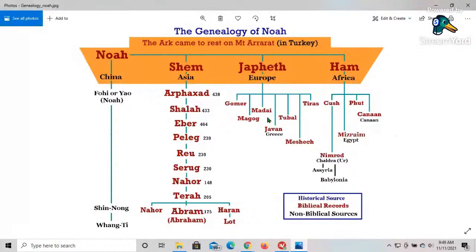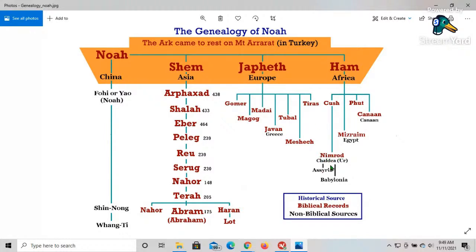That's why there is a Middle Eastern mitochondrial haplogroup, and there is an Asian Semitic mitochondrial haplogroup as well, because one of the daughters of Shem was married by Madai, and the line goes all the way to America. And of course, Nimrod,